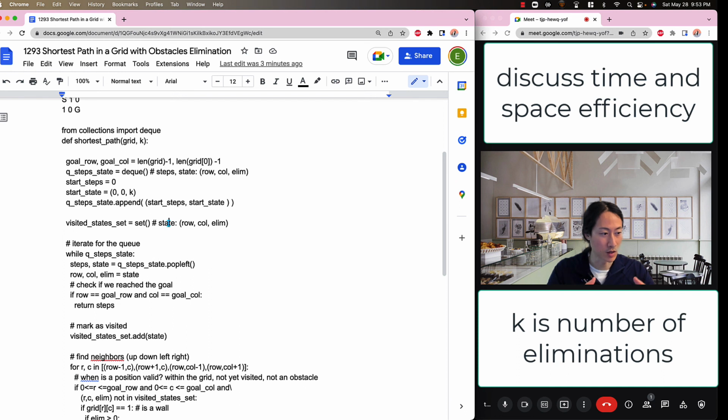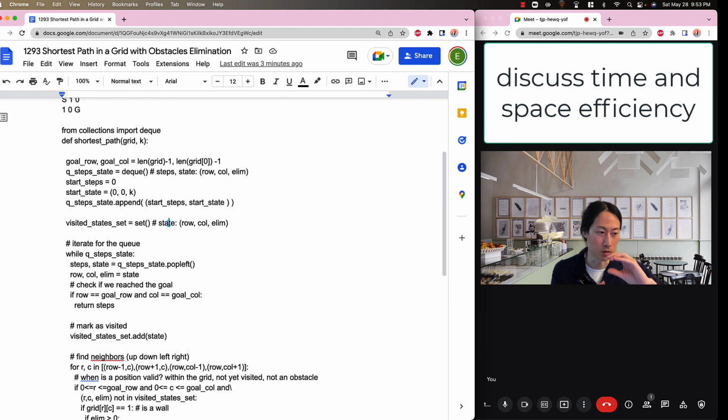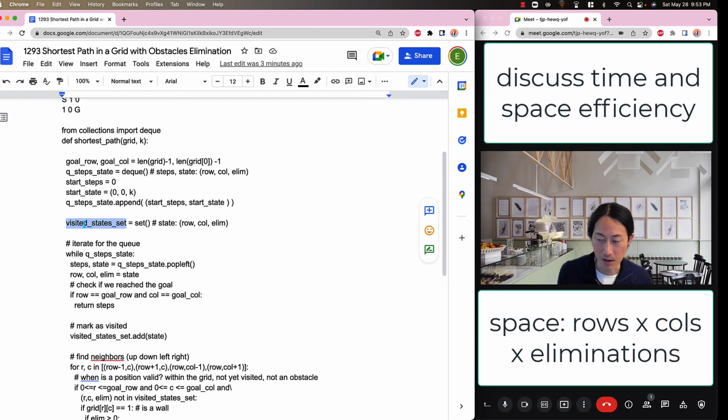So you can sort of imagine that our grid is a two-dimensional row and column, and the k, the number of eliminations, is sort of like if you're looking at a multiple-story building, or just like a 3D cube with different x, y, z coordinates. So the space used for this might be m by n by k,